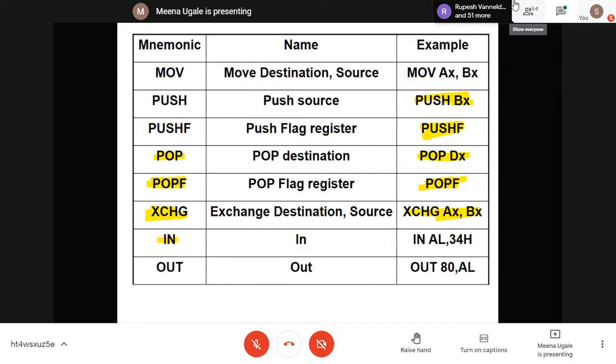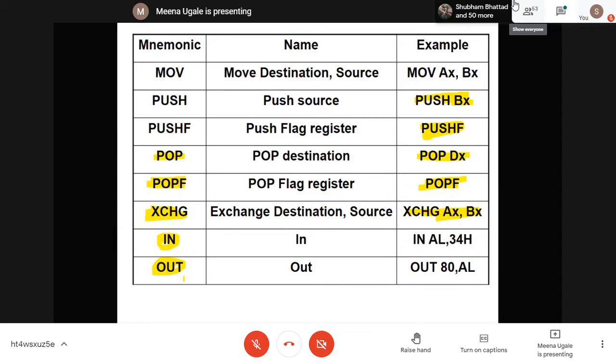Next instructions you have are just for using your input and output devices. These two instructions are used only when you have I/O devices connected. Mainly when you go for hardware interfacing, you connect a keypad, and with the keypad you press some numbers or alphabets and your processor accesses them. That time you use the IN and OUT instructions.